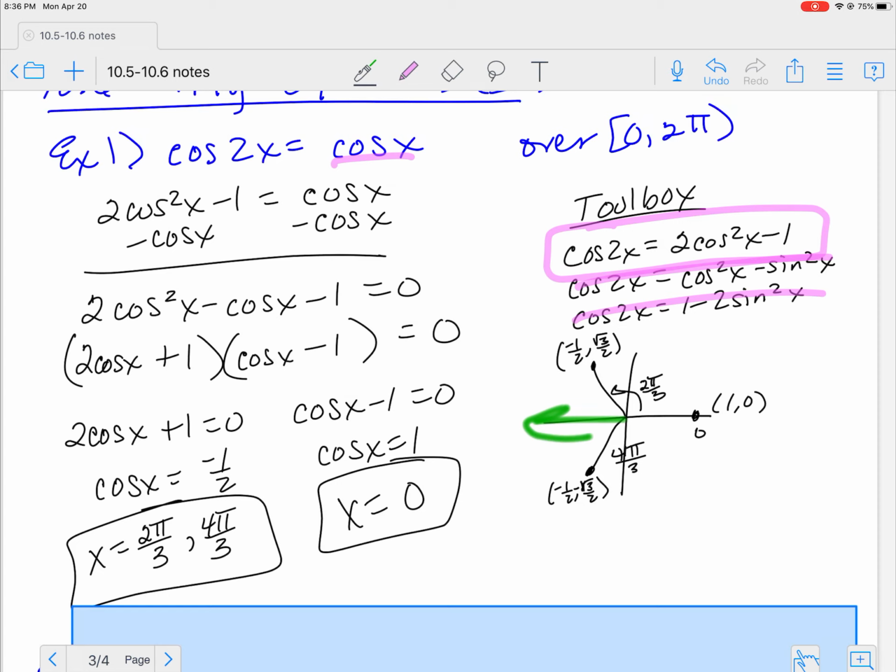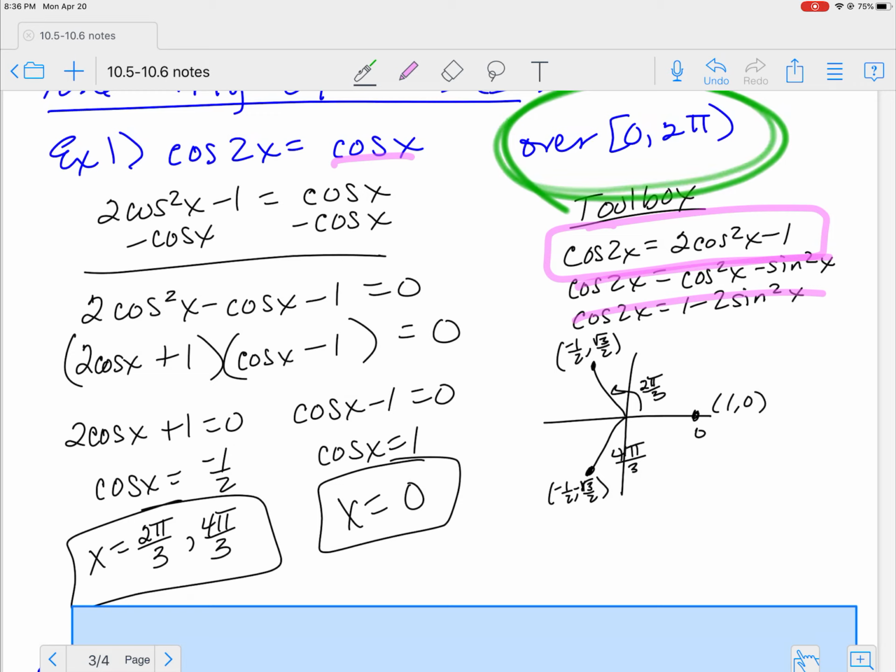So here to the left, I get -1/2 at 2 pi over 3, and -1/2 here at 4 pi over 3. When is cosine equal to +1? The only place it is, right here at 0. So I have those 3 values there